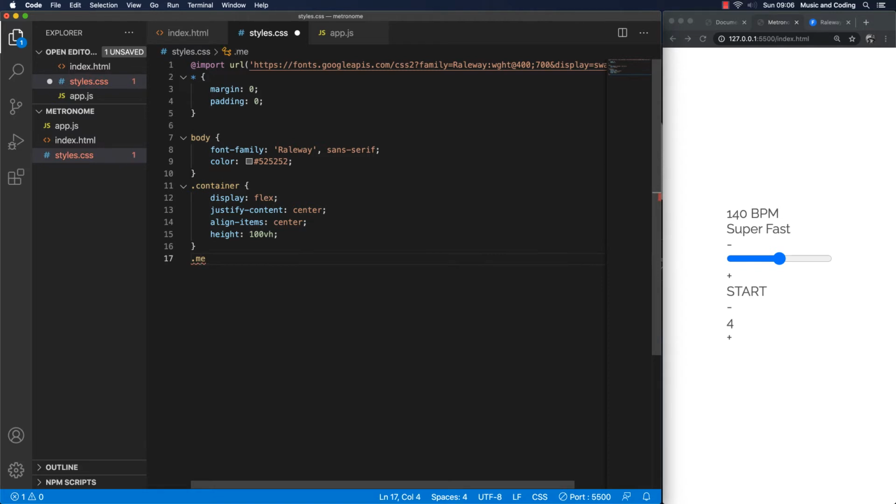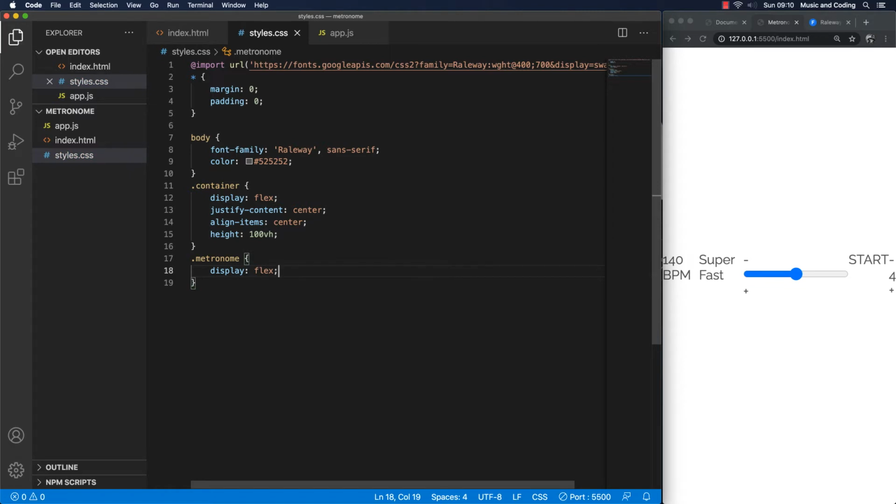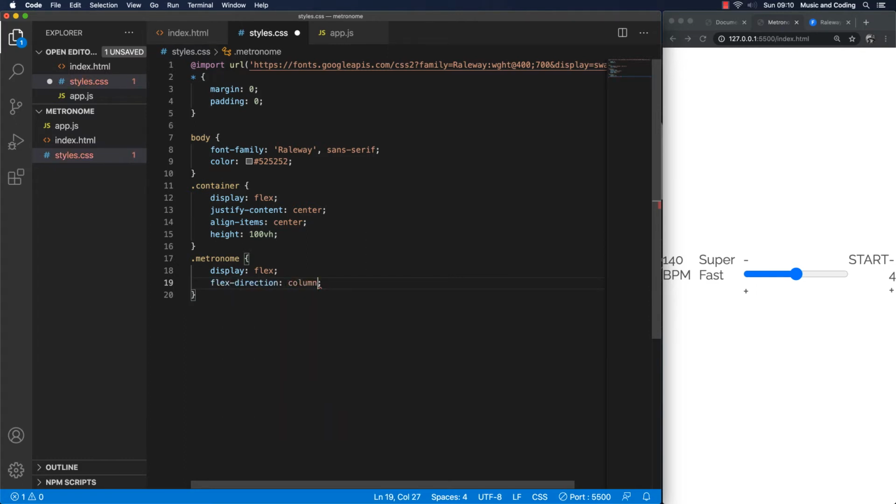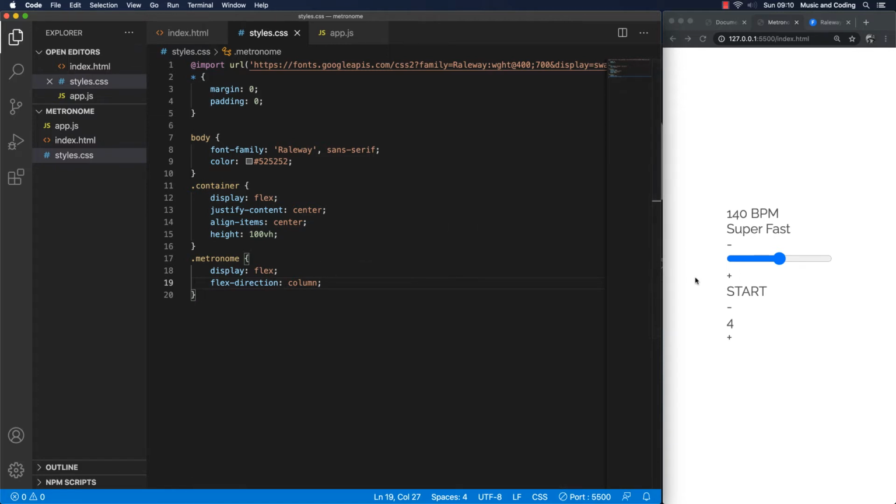Now we need to style up this metronome. All right, we want to display this one as flex as well, so we can center everything inside of it. It's much easier to control with flex. So we're going to start with display flex, as always, and I'm going to save that. And then you can see it displays by default in a row. So by default, it's going to display everything in a row, as you can see over here. But we want to change that direction, so I'm going to say flex direction, and we want a column here. And if I save, you can see it gets back here, and that looks pretty good,